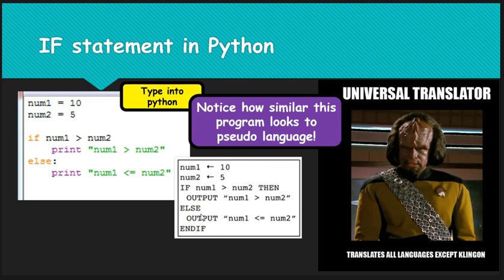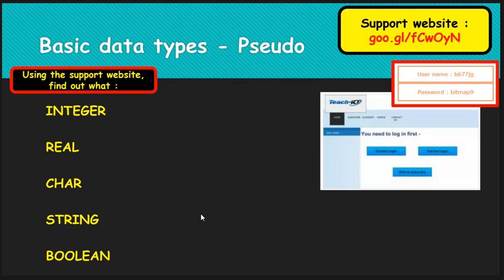Okay. So next we're gonna look at basic data types. We're gonna have a look at pseudo data types and how we would write them in our program and how we declare them. When we input data, we need to make sure that we declare data types to assign basically what kind of data goes into each variable. And we've got 5 different types of data types there in pseudocode, and how they're actually written is there as well.